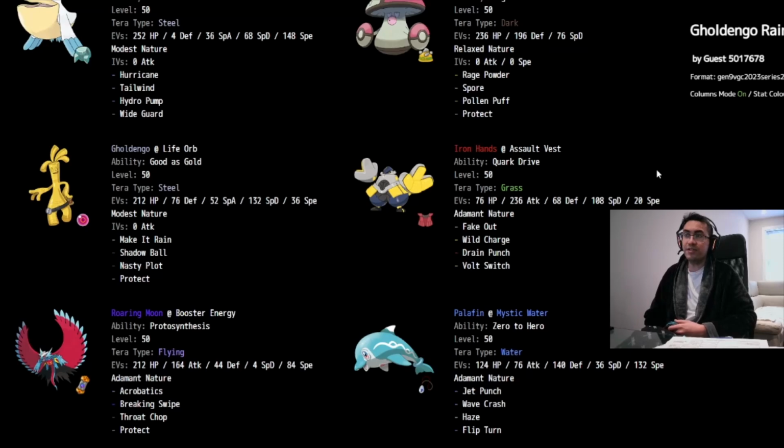But the 76 investment also lets you live the Adamant 252 Kowtow Cleave from a King Gambit, right? And then from there, you just had 132 EVs left, so I just dumped them into special defense just to round out the bulk. All right, that's pretty much it for the Gholdengo. The